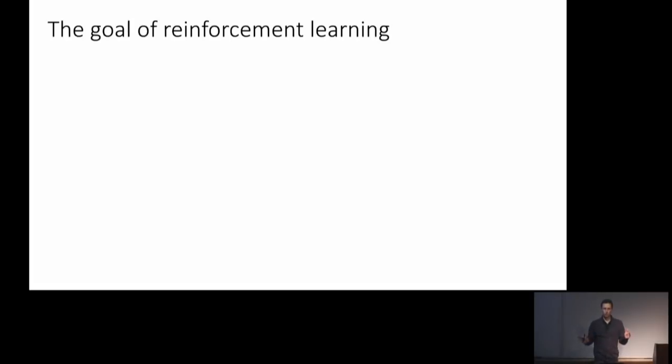Okay, so in order to set up this algorithm, let's just briefly recap what we covered last time about the goal of reinforcement learning. Reinforcement learning solves optimization problems. In order to solve an optimization problem, you first need to define the objective of the optimization problem. And as we saw in the previous lecture, the objective